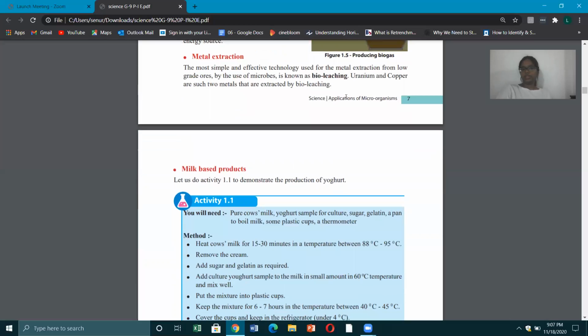So the other industry, metal extraction. The most simple and effective technology used for the metal extraction from low-grade ores by the use of microbes is